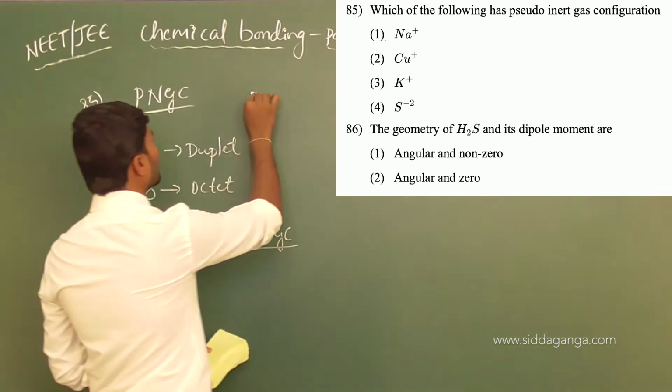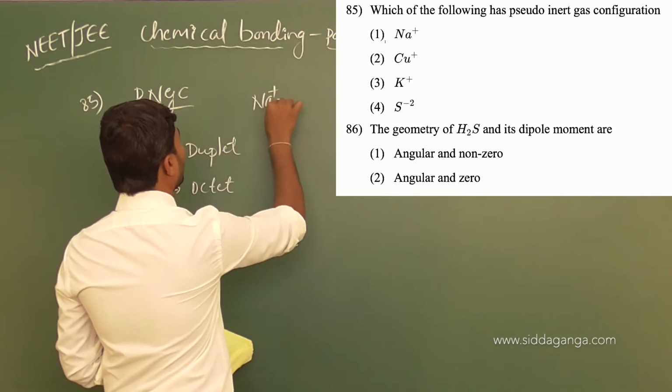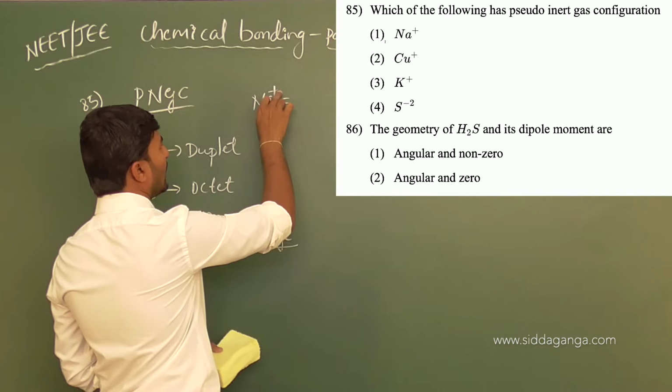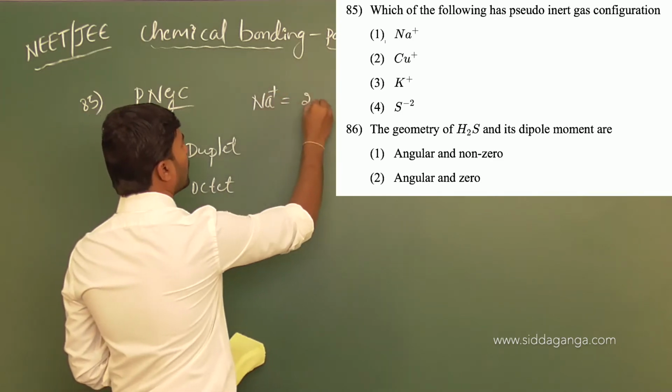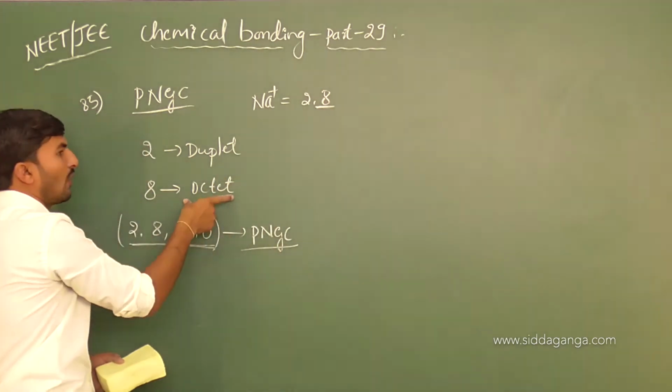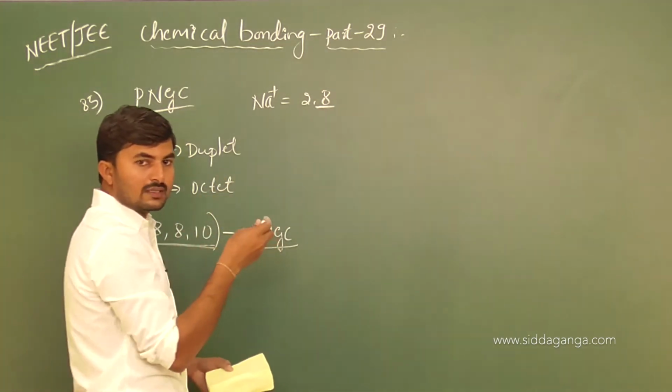Among them, if you consider Na plus, in sodium atom we have 11 electrons, with the loss of 1 electron we are having 2-8 configuration, right? Okay, which configuration does it belong to? Octet rule. Followed by the second